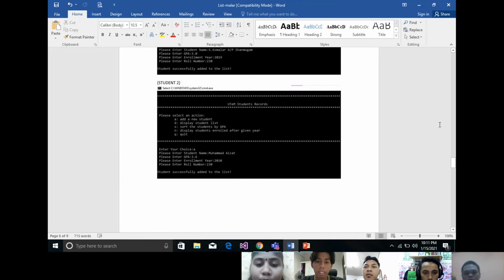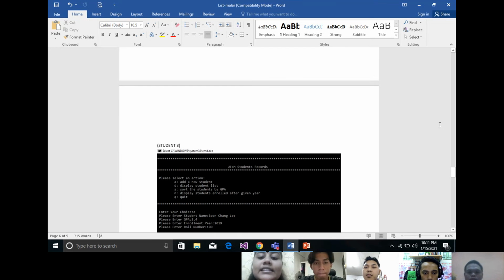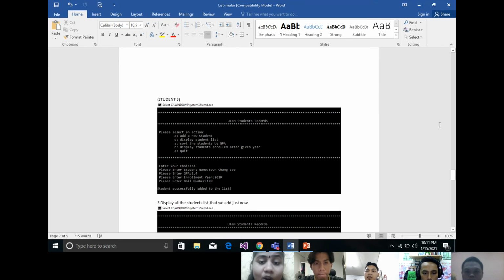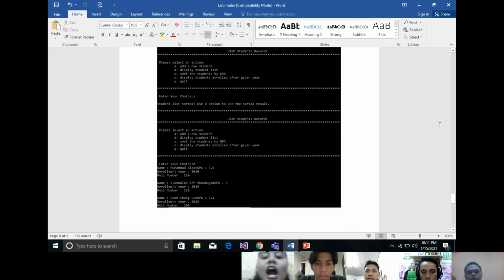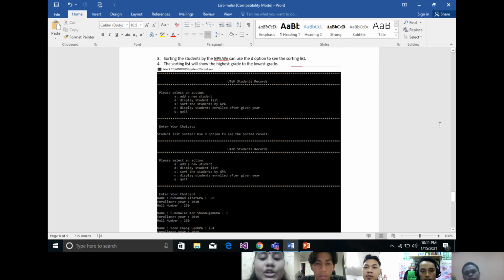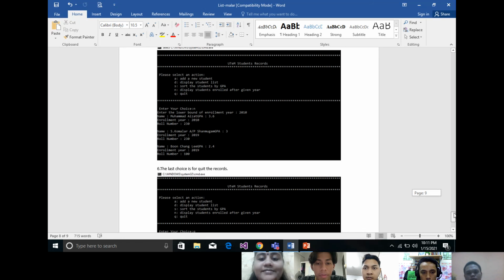The third output displays the students' grades in descending order by GPA, from highest grade to lowest grade. The fourth output finds out how the new student is enrolled by year and is displayed in this output. The other output is how to create this program, and closing. That's all.